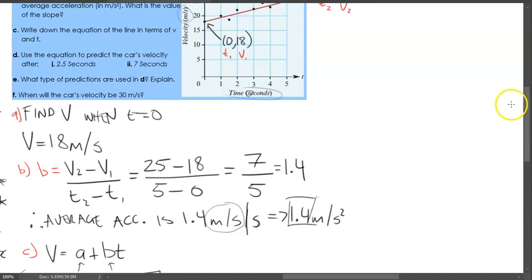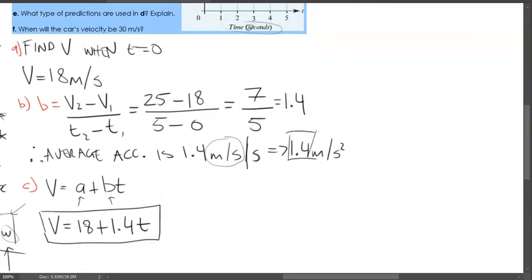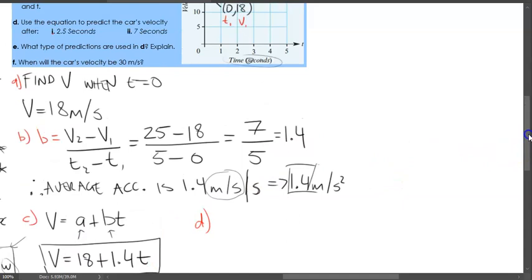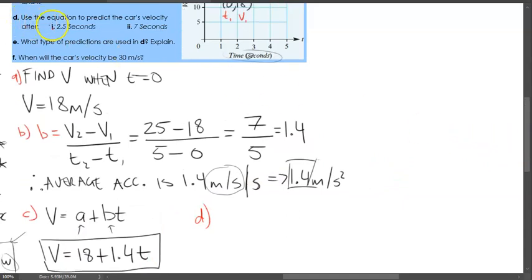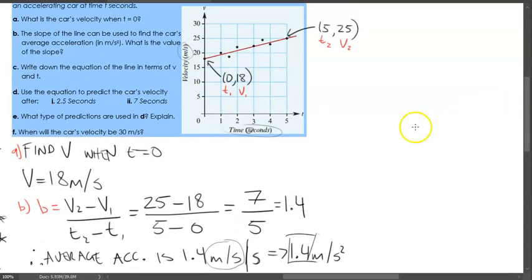Use the equations to predict the car's velocity after 2.5 seconds and after 7 seconds. So we've got this trusty little formula now that we can use: V equals 18 plus 1.4t. What we're doing is trying to find the velocity when the time is 2.5 seconds. Let's just backtrack. 2.5 seconds is around here. So at 2.5 seconds, we're trying to find the velocity at this point, and we're just trying to match it